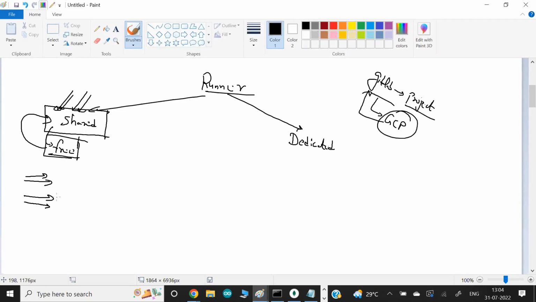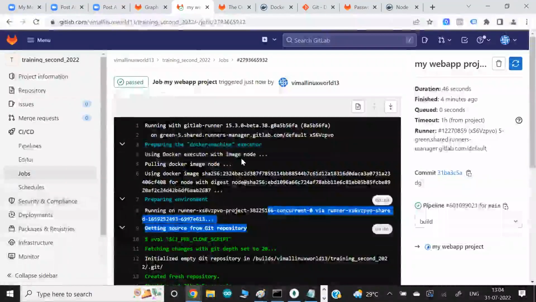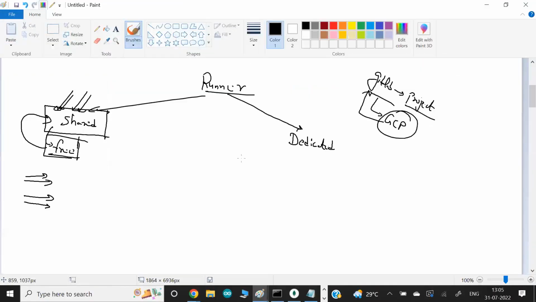In our case, till now it is looking good. Everything they were managing, that's what we wanted. But sometimes that might not be the case we need, right? Because of some security compliance or other reasons, I want my runner, that is called slave node or worker system, to be managed by us. That is the second challenge we have here. So because of these challenges, we can go for dedicated,